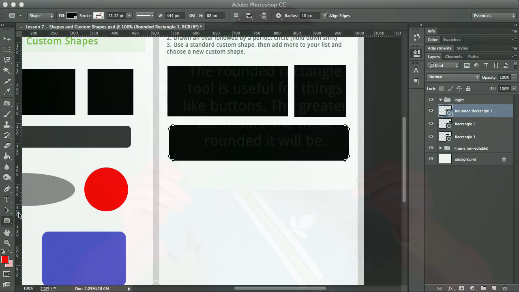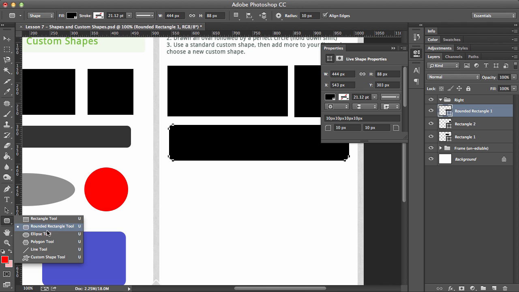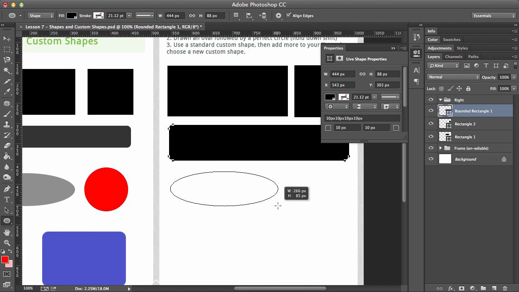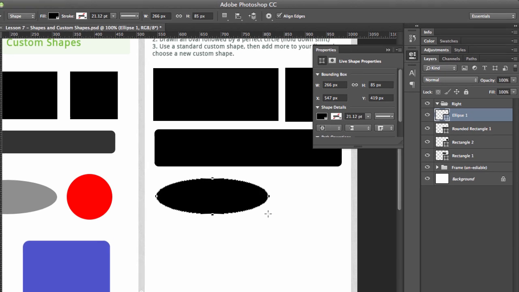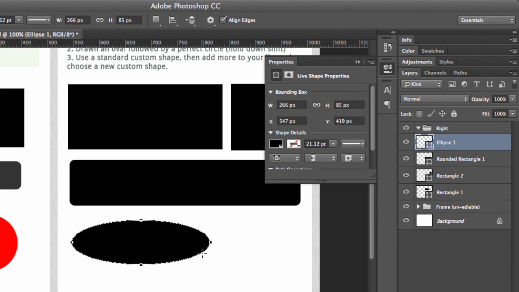To do that, all we need to do is click and hold again, select our ellipse tool, and then we're just going to drag it. But this time when we let go, we want to change the color. So what I'm going to do is move over here to the ellipse tool. Now if you have